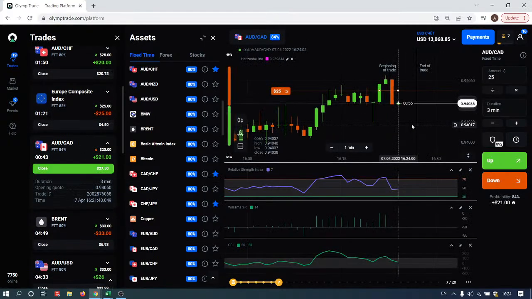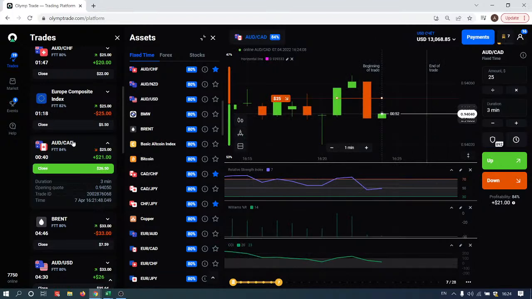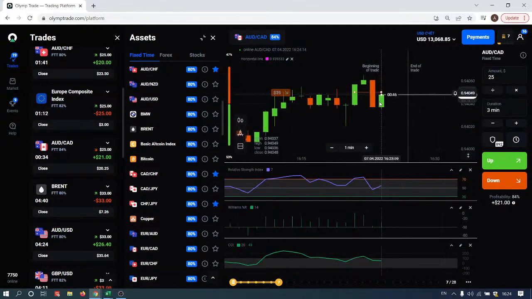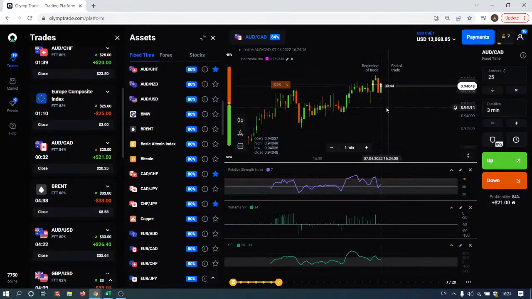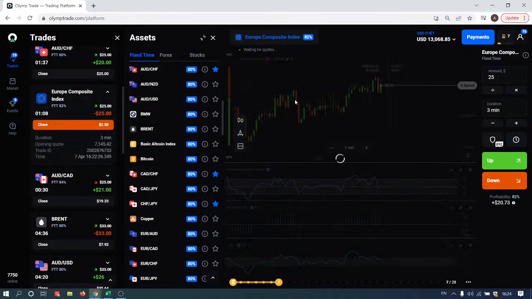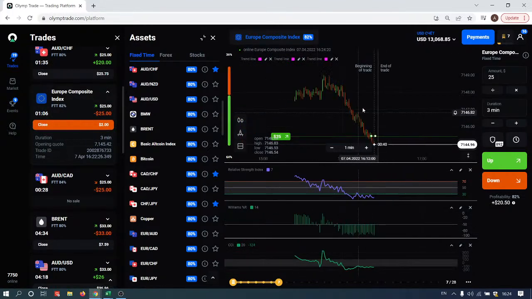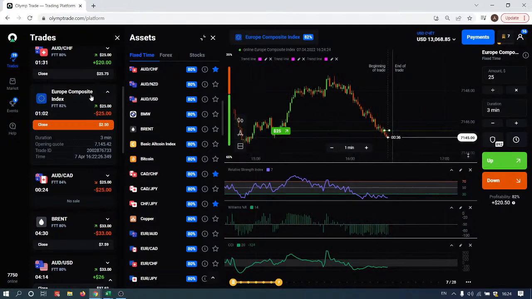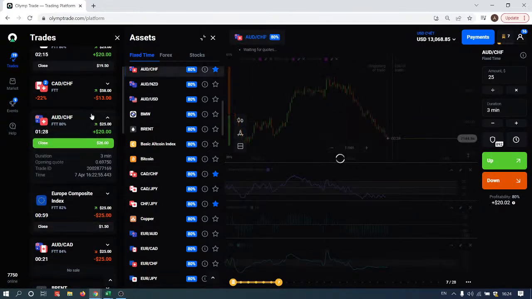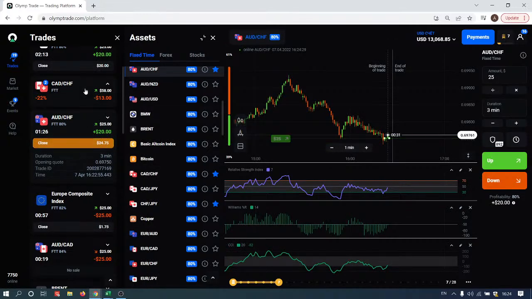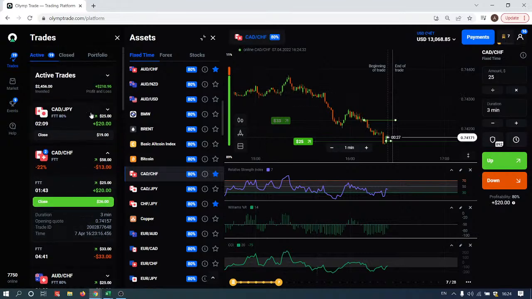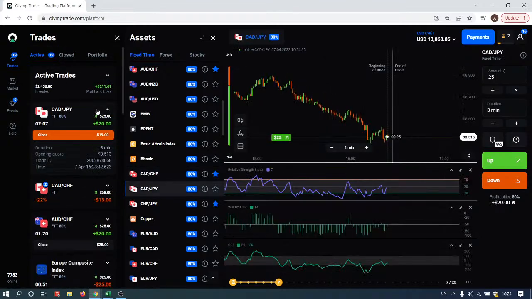What are my next trades? So the Australian dollar against the Canadian dollar, 30 seconds to go on this trade, and yeah, just have to wait. Not much can be done there. Wow, the Europe Composite Index just keeps dropping. Well, I would say the difficult times have come for Europe. So Europe is probably starting to experience a little bit of